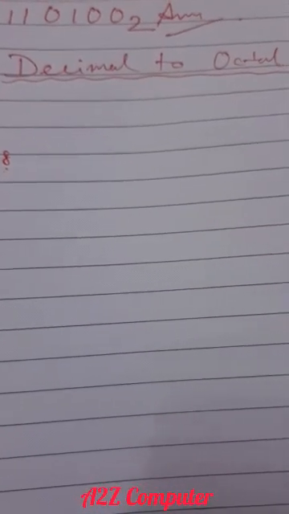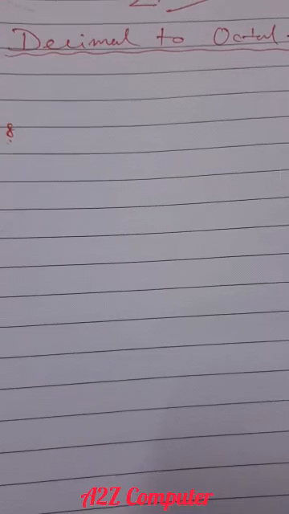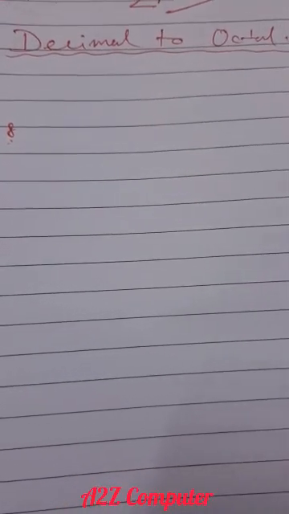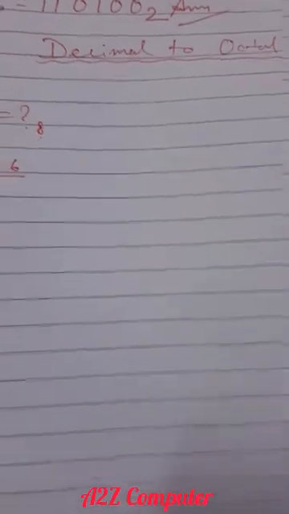Okay, so now the next topic is decimal to octal. The procedure how to convert any number from decimal to octal: the same procedure we applied for decimal to binary, that is the division procedure, we will apply here. So here also we will do the same thing. We will divide the given number by the converted base, that is in octal, that base is 8. So let's go through an example.